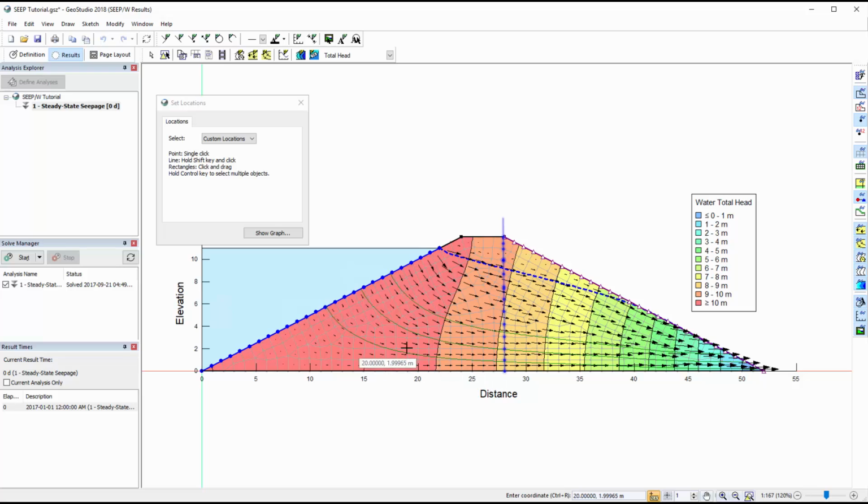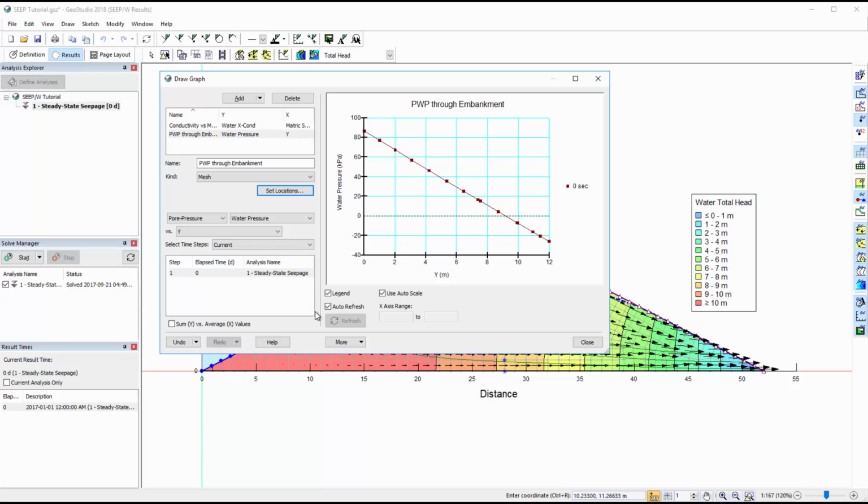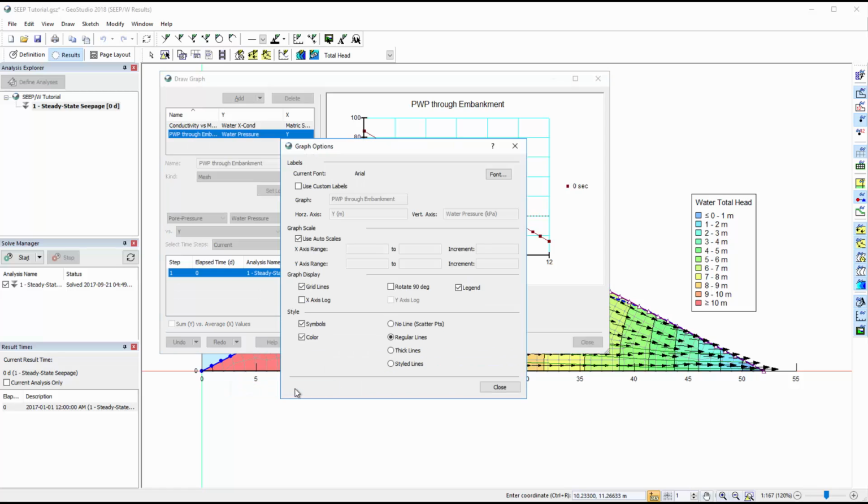Once the desired nodes are selected, we can go back to the DrawGraph window by pressing Show Graph. The More button in the DrawGraph window provides the following options: to copy the graph as an image so it can be pasted as a picture in another program, to copy the graph data as tab-delimited columns which can be pasted into other software like Microsoft Excel, or to export the data to a comma-delimited file. Under Options, we can change the visualization of each plot by customizing the labels, changing the scale of each axis, rotating the graph 90 degrees, adding or removing the legend, or changing the line style.